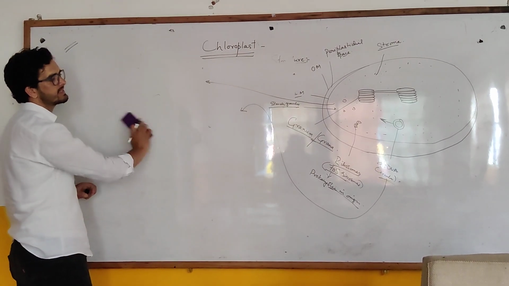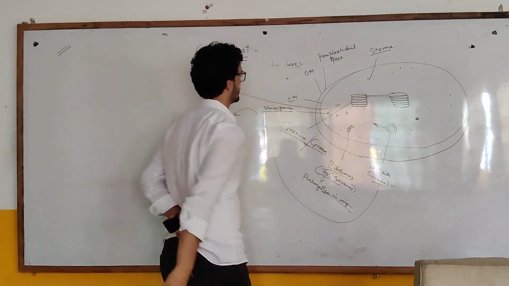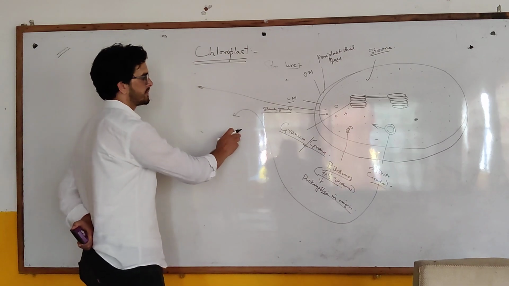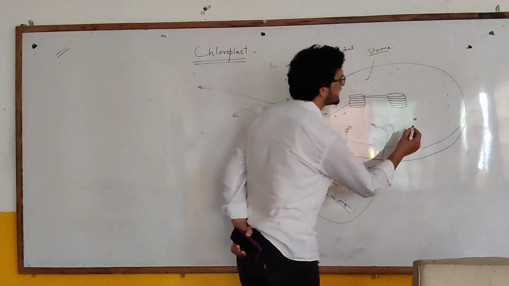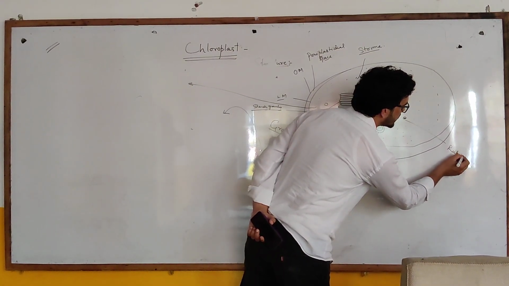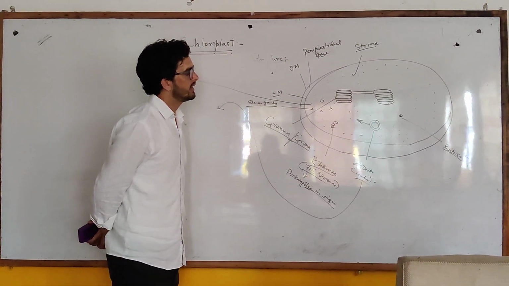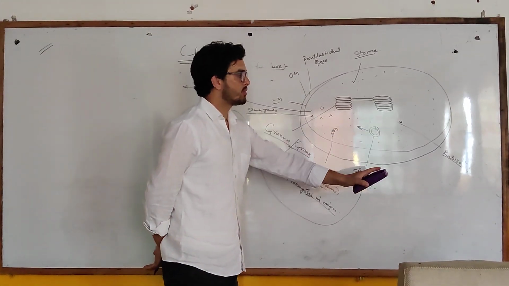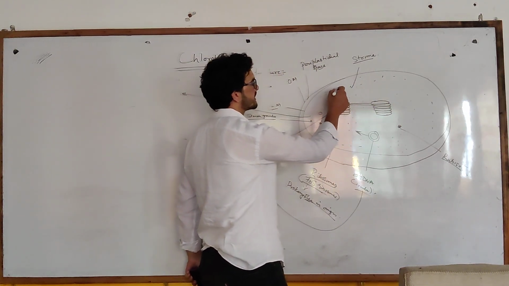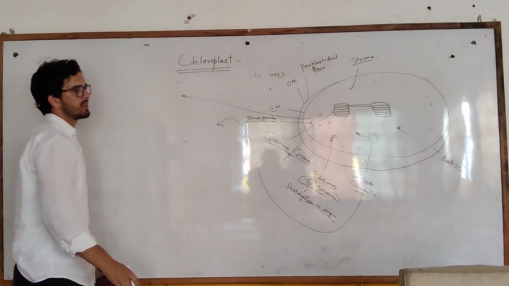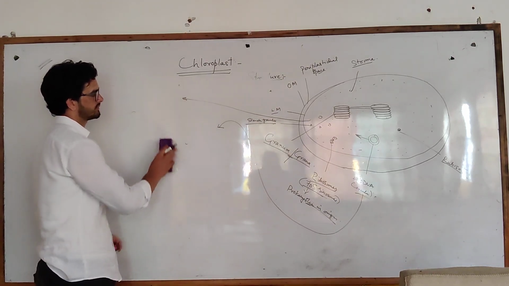Besides this, the stroma shows the presence of various starch granules. Fine. It shows the presence of one of the most abundant proteins, that is RuBisCO. RuBisCO is an enzyme which helps in carbon dioxide assimilation, and this is present in the stromal region of the chloroplast. Besides this, the stromal region, the fluid-like structure present inside this chloroplast, is said to be the site of the dark reaction. What happens here? The dark reaction of this.